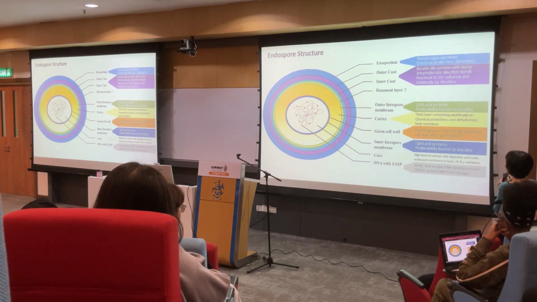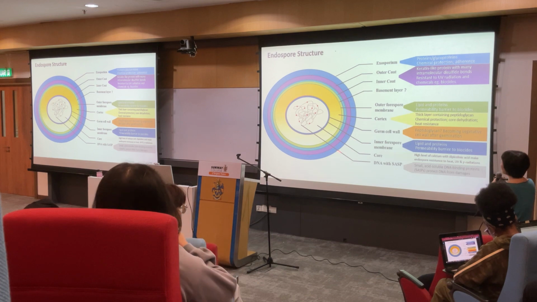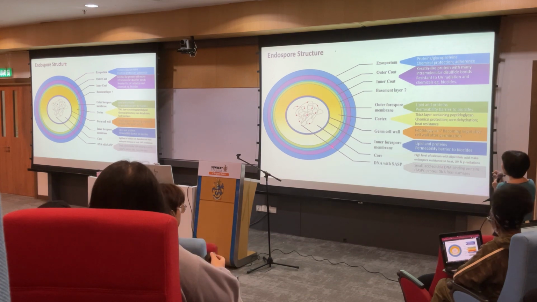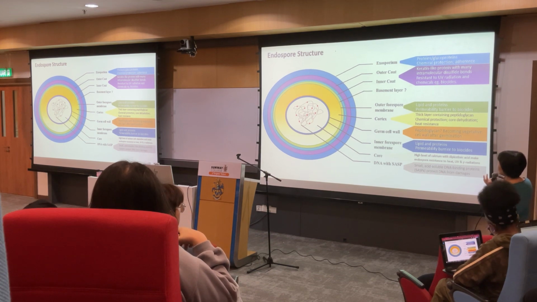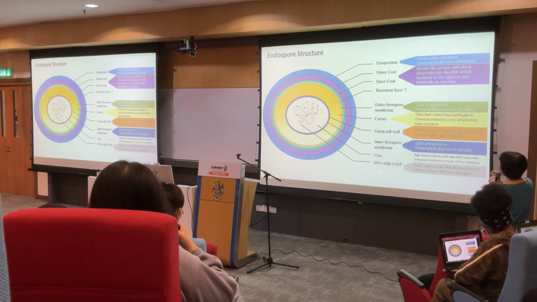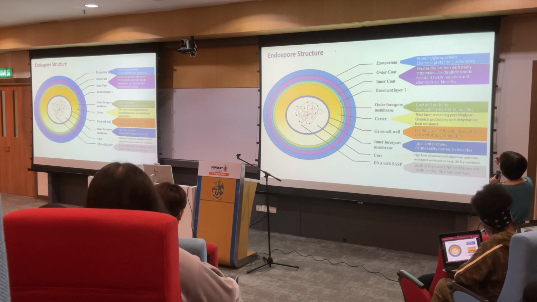For example, gamma radiation can break the DNA backbone. UV light can change a single base of the DNA, which can actually be reversed. But gamma radiation causes more damage by breaking the backbone. So binding of this DNA binding protein on the DNA further protects the DNA from breaking into two pieces. So all of this is too many layers, but what you need to keep in mind is this, the spore